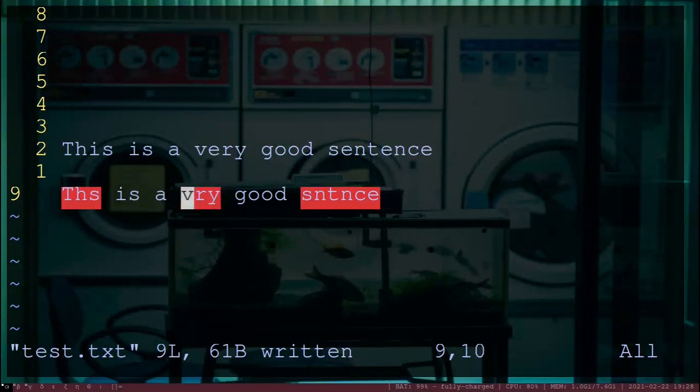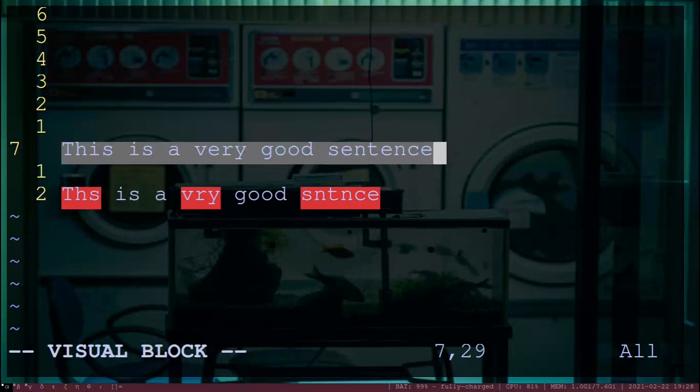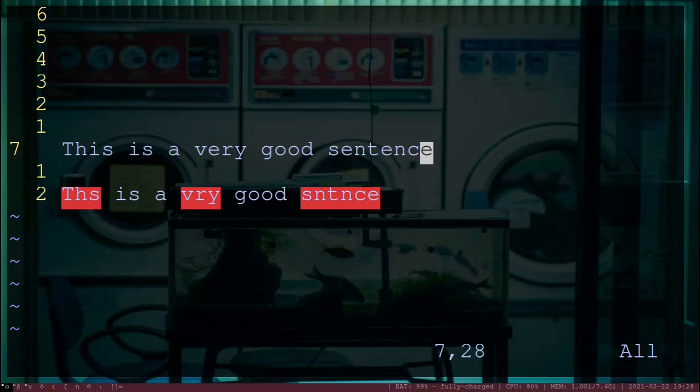Either way, I'm up here. You can see I'm at the very front of the line 7. I will even highlight it to make sure everyone knows. So I'm on line 7. This is a very good sentence. If I hit back bracket, it looks like this. Let me go ahead and